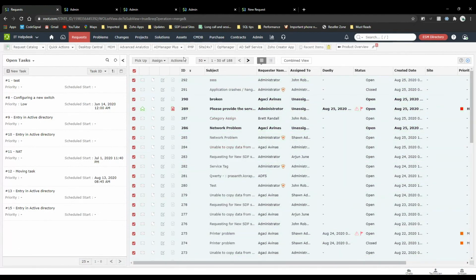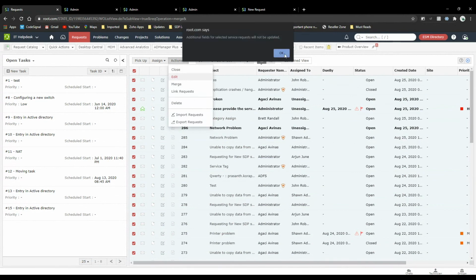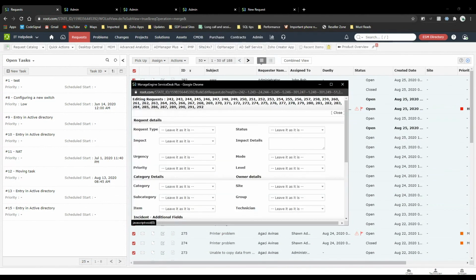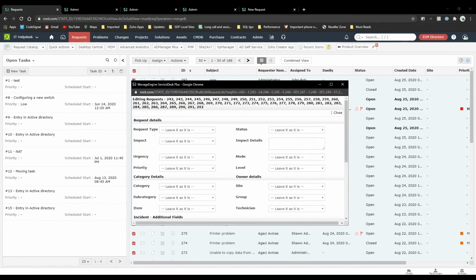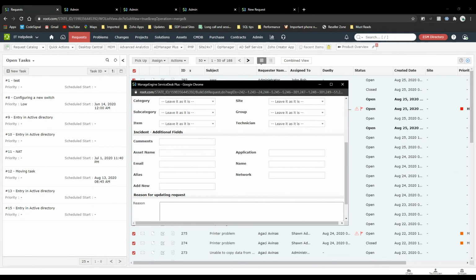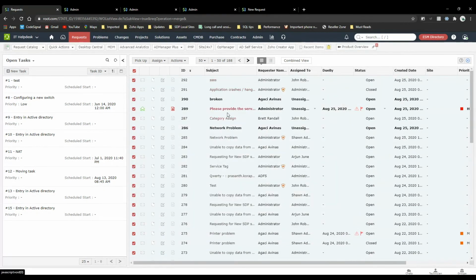of course you can choose everything, and you can click on actions and edit, and you can edit almost all the fields. If there are any fields that are very specific to that template, then those fields will not be available over here on this bulk edit. So while you're doing bulk edits, you should keep this in mind as well. So that's what it is about